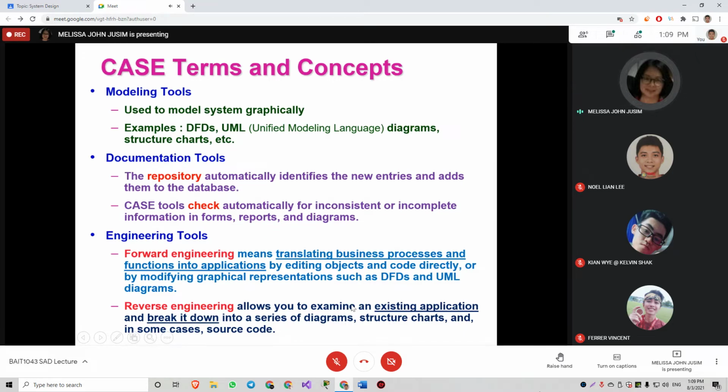Instead of only interviewing users about the current system, the SA can also do reverse engineering and come up with all these diagrams and source code to understand the current system in more detail. Okay, so we have modeling tools to draw the system model, documentation tools, and also engineering tools.